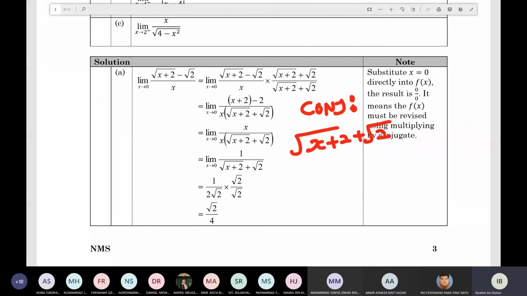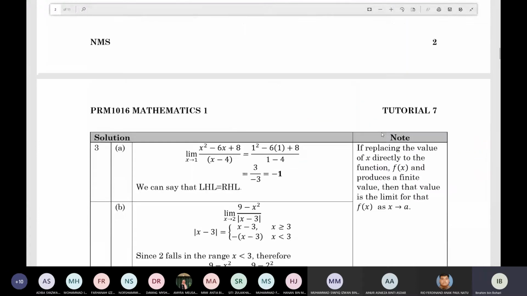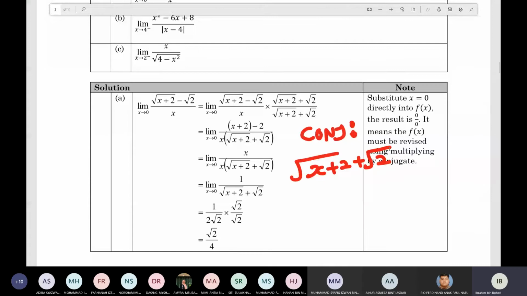First you check the conjugate of the rational function, sqrt(x plus 2) plus sqrt 2. You flip the sign between sqrt(x plus 2) and sqrt 2 to the positive sign. Numerator times conjugate, and x here times sqrt(x plus 2) plus sqrt 2. And you expand. Numerator equals x plus 2 minus 2, and denominator here x times sqrt(x plus